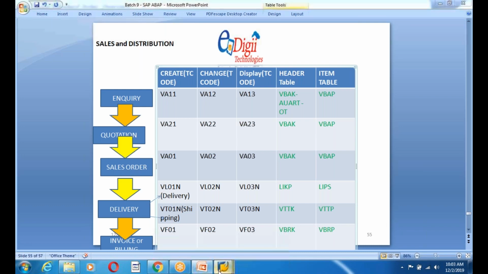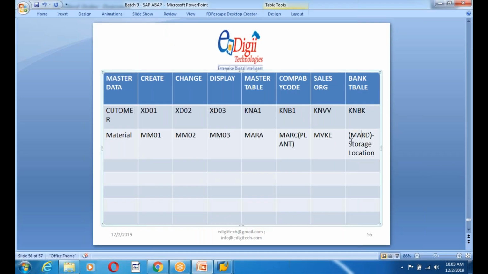Okay, and today we covered 9, 10, 11, 12, 13, 14, 15, 16 tables, and you try to go to SE11 and display these tables and see what are the fields we have, what is the foreign key relationship we have. So that kind of thing you need to check out in the SAP system, what exactly the primary key fields in these tables are, and the data, that kind of thing you need to check out, guys. So that's the standard database tables and standard transactions.